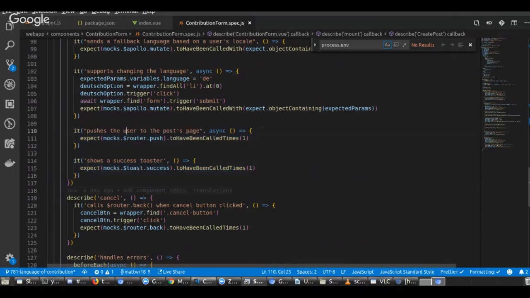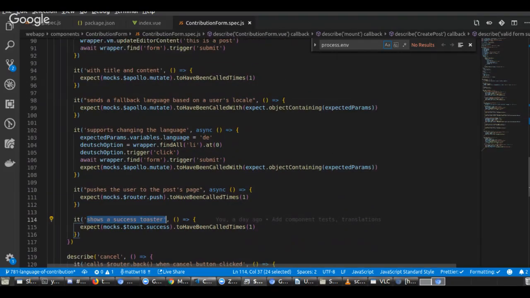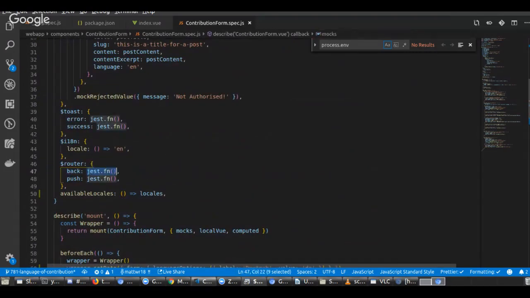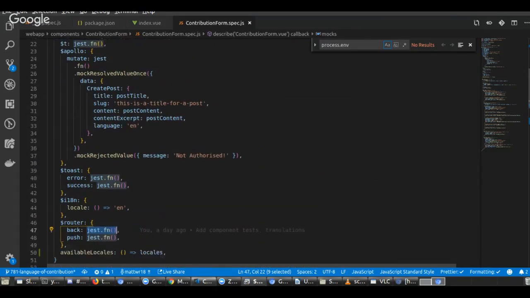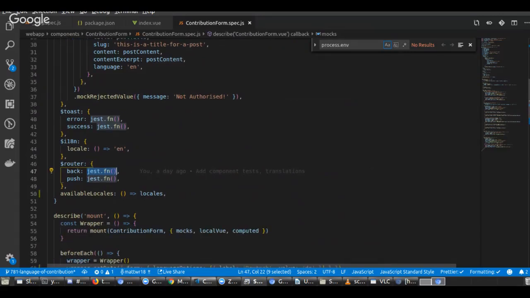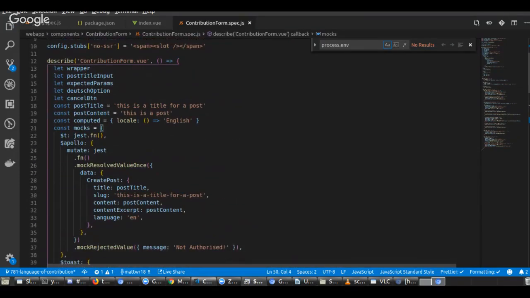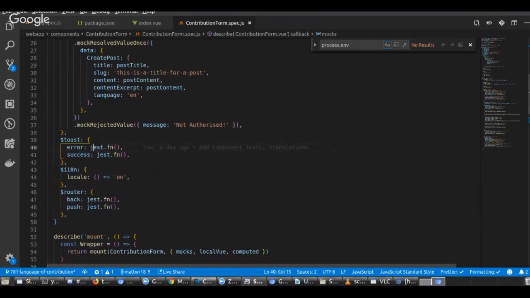It pushes to the user's post page. Maybe you're confused by the variable name mocks and the mocks from Jest. So Jest has mock functions. So anywhere you have, for example, jest.fn, that's a mock function. That's controlled by Jest. Yeah. But the mocks are certainly not cleared if you call any method that's coming from Jest, because the mocks is just a simple object. And in this case, they are Jest functions, like Jest success and this router push. They're Jest functions, and